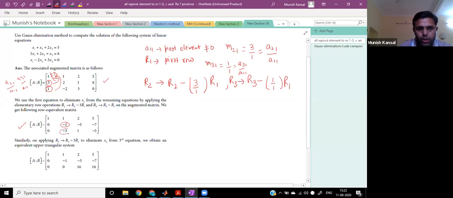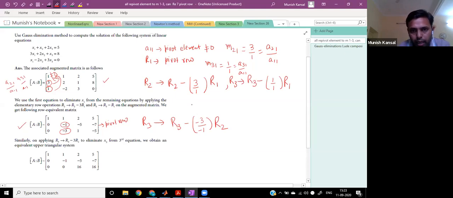What do we have to make this element? We have to make it 0. So what operation do I have to apply on R3? We will apply the operation on the last row. So what operation? R3 minus something times the second row. Here, what is my second row? This is my pivot row, right? So I have to multiply something with the pivot row. So the multiplier will be -3 by -1. This is my A32 by A22, right? So when I multiply the pivot row by -3 by -1 and subtract, I will get this entry equal to 0, right?